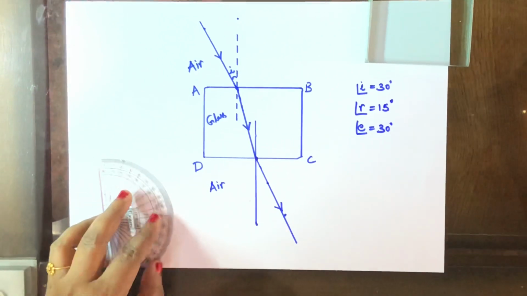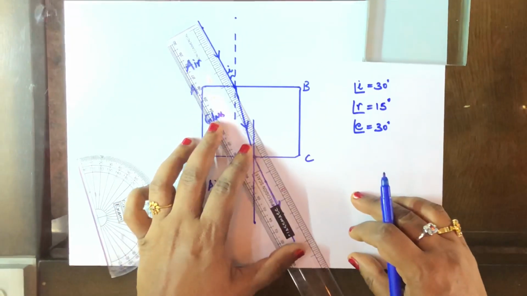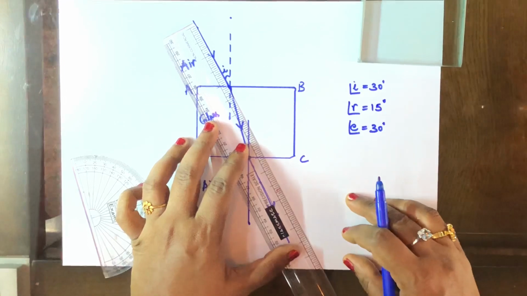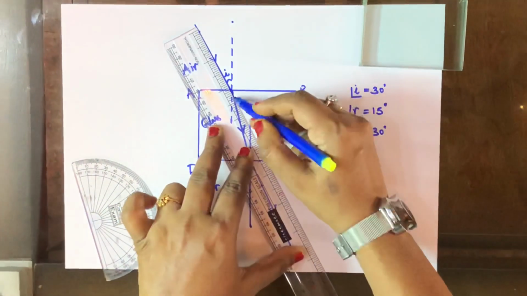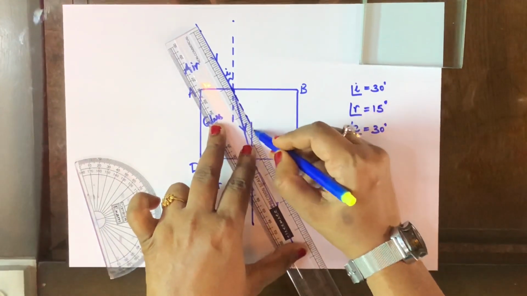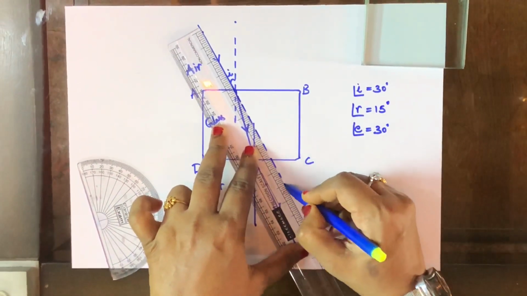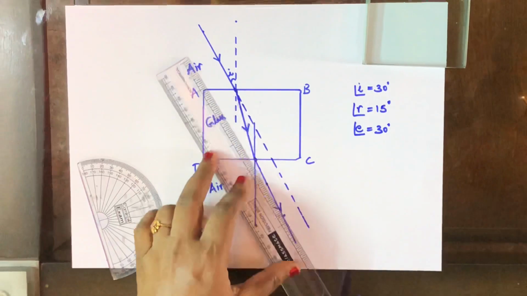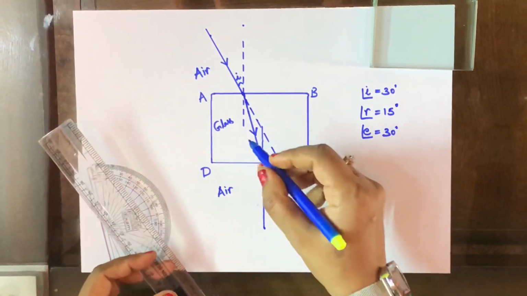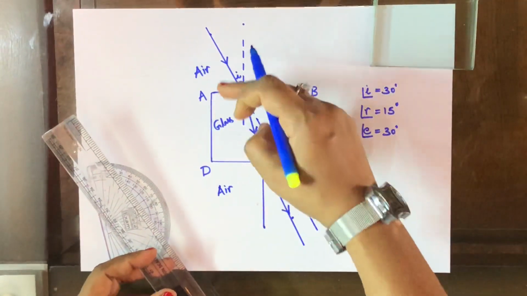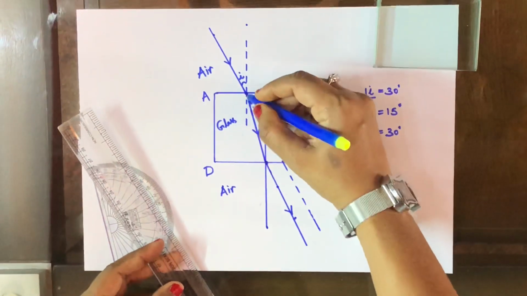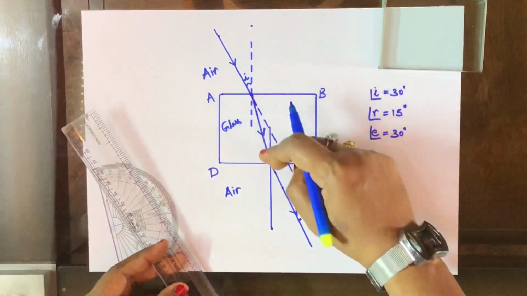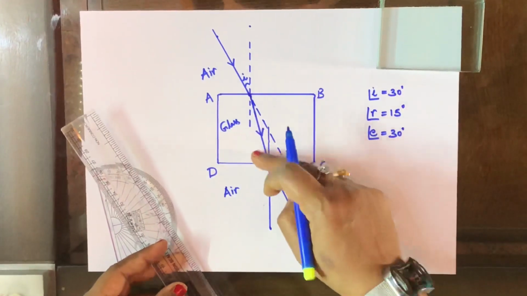Now let us take a scale and extend the incident ray forward. If suppose the refraction would have not taken place, the incident ray would have travelled in a straight path. Since refraction has taken place due to the change in the optical medium, that is the reason the ray of light has bent. Refraction has taken place from air to glass and glass into the air.